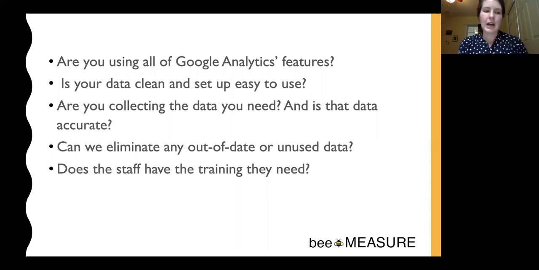The third thing I typically look at in these audits is whether organizations are collecting the data that they say they need and whether that data is accurate. So I'll typically meet with, often I work with, the digital director or the marketing director, communications director, and talk to them about, what are their priorities as an organization? Are they trying to encourage people to use the research that they're promoting? Are they trying to get people to apply for grants or register for a certain program online?